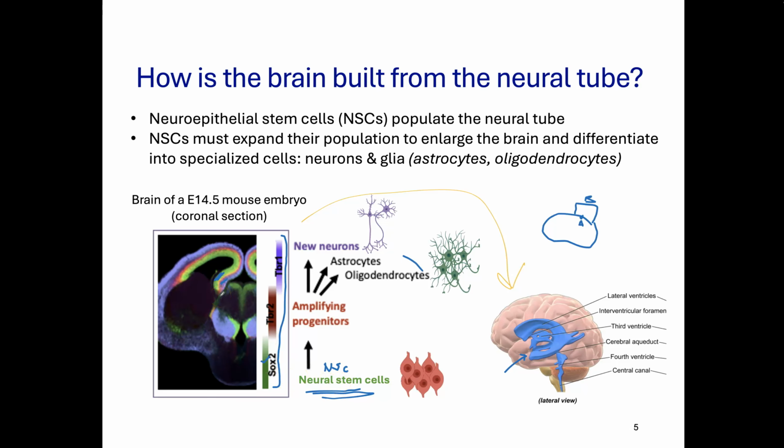So the brain is more than just an expanded tube. Of course, there's a lot of things going on in there. This is an early mouse embryo, and it's just a section through a developing brain. And the only purpose for these genes, this is SOX2, this is TBR2, and TBR1,